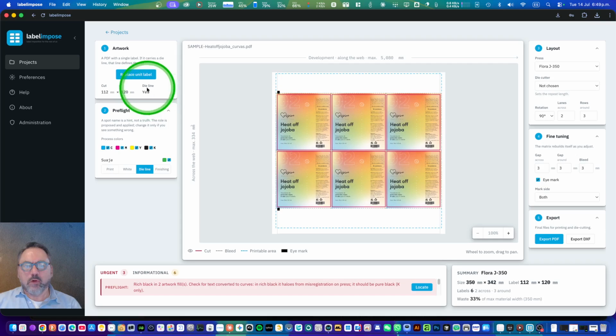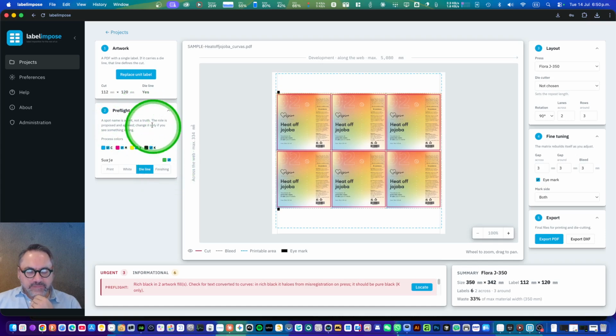We encourage that every single PDF fed into our system should have a die line, because the die line dictates everything regarding how we manipulate the imposing of the label. We will go back to this in a few moments.